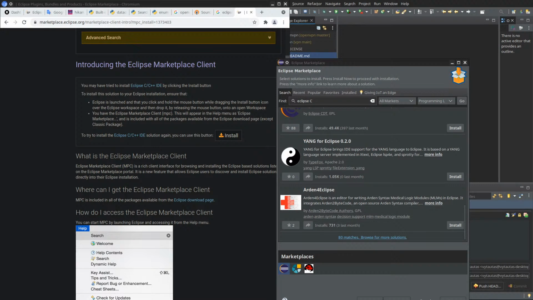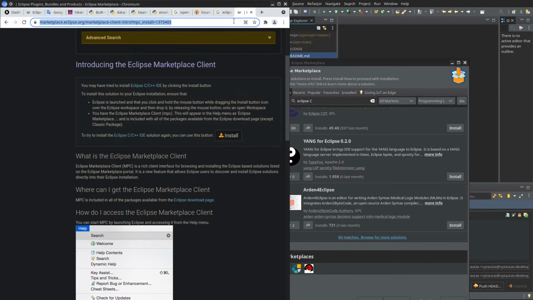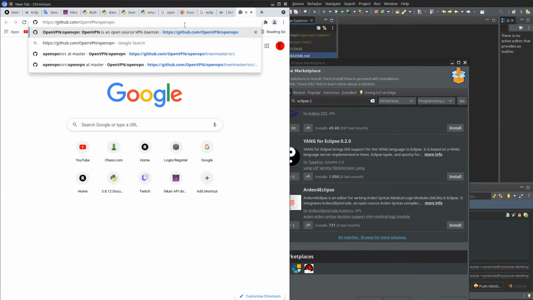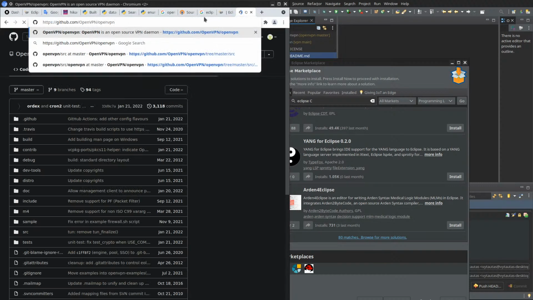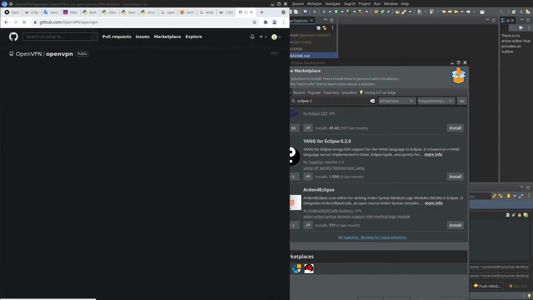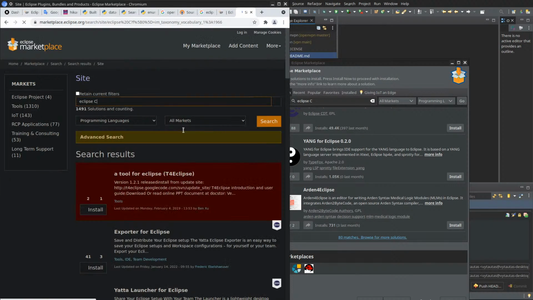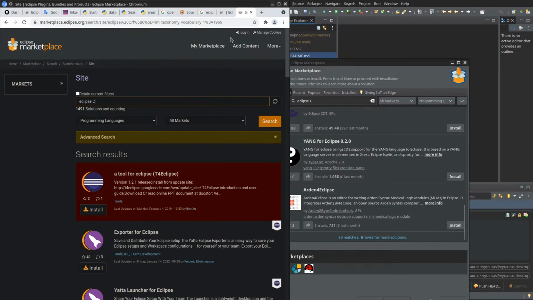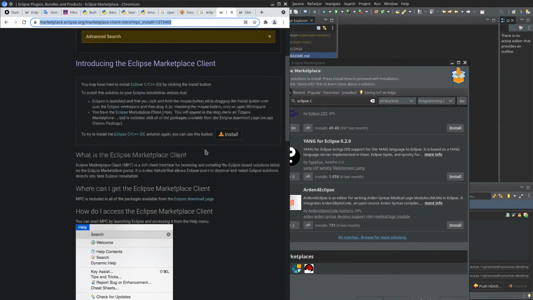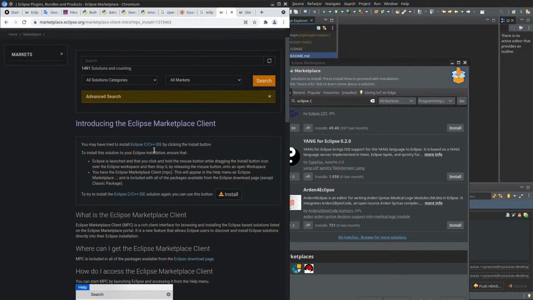We'll open a window. Not the link, I just copied. Why is it being so difficult? Launch, dragging icon over Eclipse workspace, then drop it.